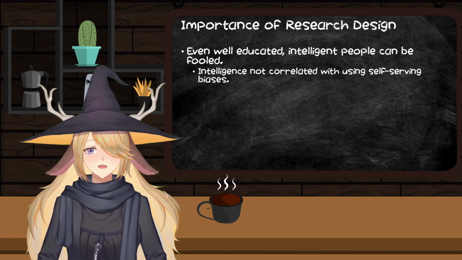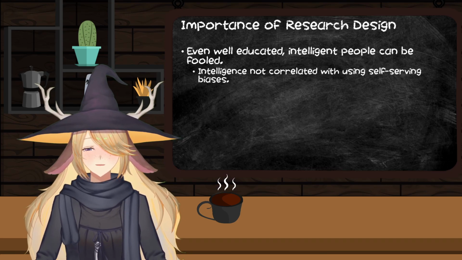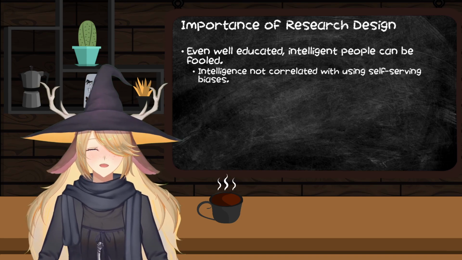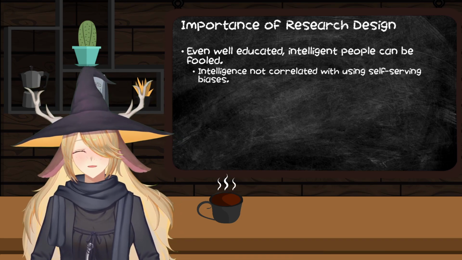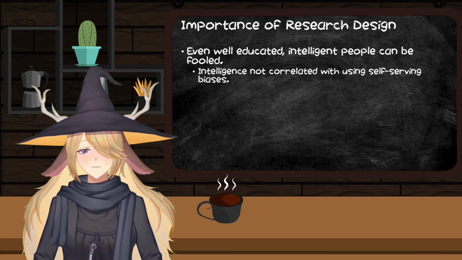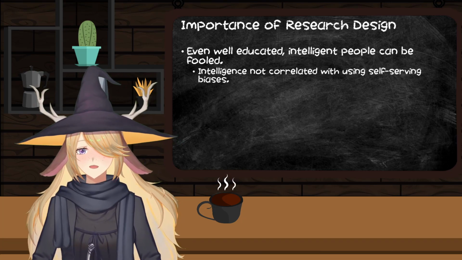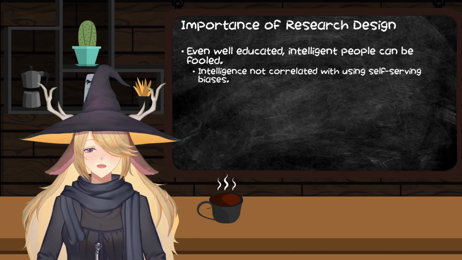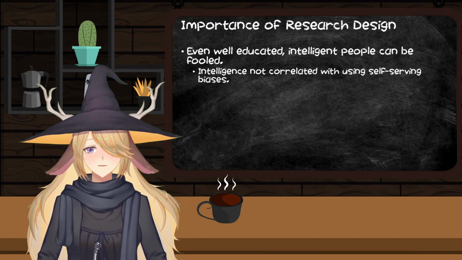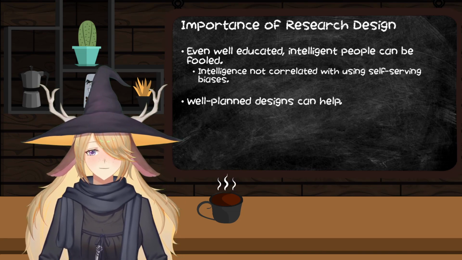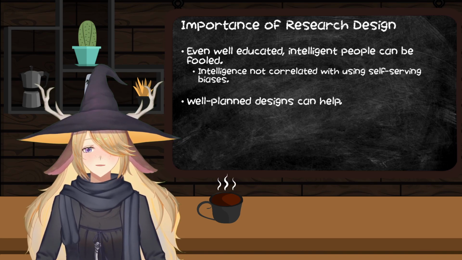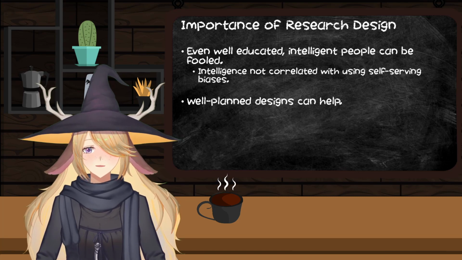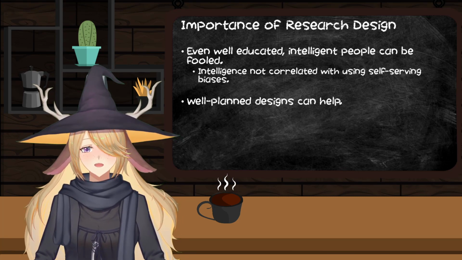Because even well-educated and intelligent people can be fooled. In fact, robustly, it seems like intelligence, however you measure it, whether it's age, educational attainment, or IQ, we'll talk about IQ later for a long time because I've got an axe to grind there, none of these things are correlated with self-serving biases. And so when we're talking about naive realism and all that, we still really do need these well-planned designs to be able to get away from those personal and self-serving biases, or else we end up hacking up and can cause real harm.